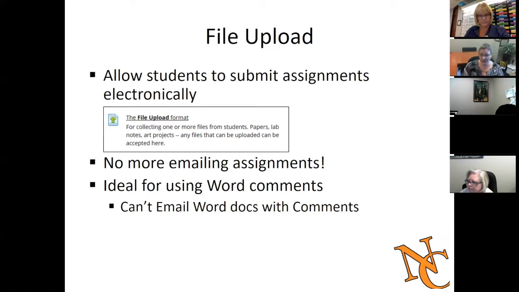So from an efficiency point, it is much more efficient to use the file upload format. It puts the responsibility back on the student, not on me as the instructor, to be organized in my inbox. But probably more important than any of that, if in the example of a paper or anything that's done via